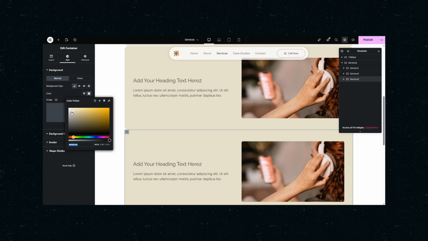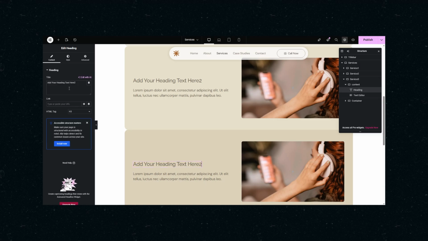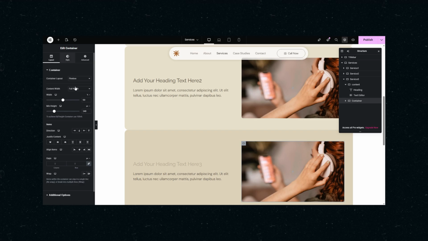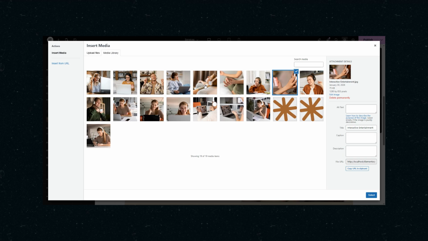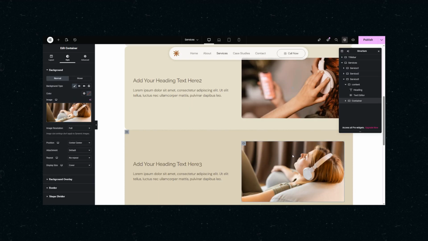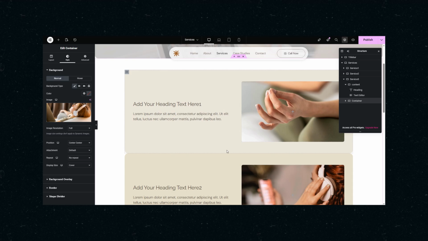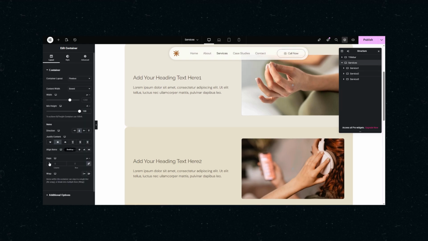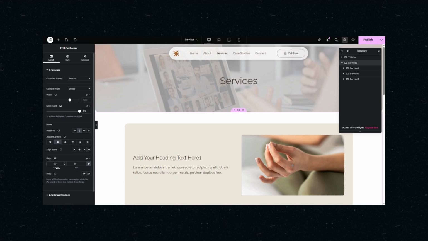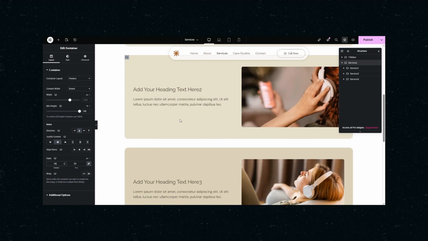Now, let's change background color of service 3, a little more darker shade, update heading as well, and change image also. Select any image of your likings. And now, all seems fine for now. We need some gap between these cards. Go to parent services container, add gap as 50 pixels. Now, this looks great. Let's publish the edits and start